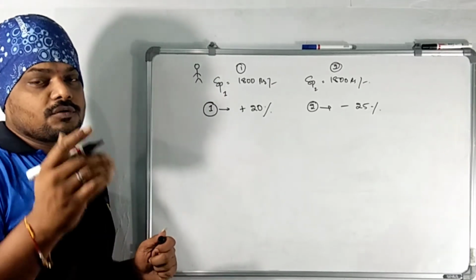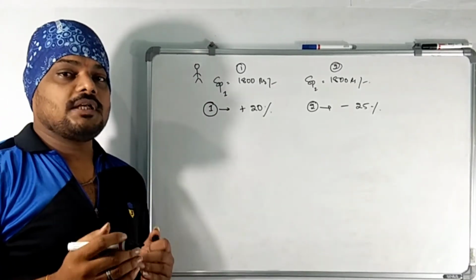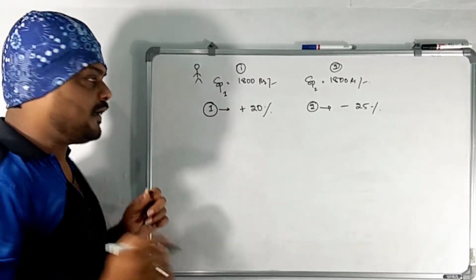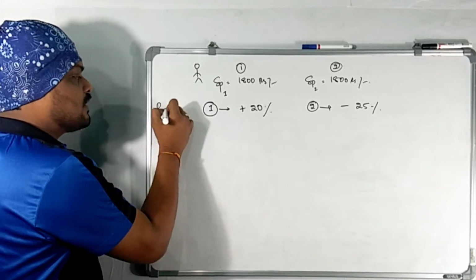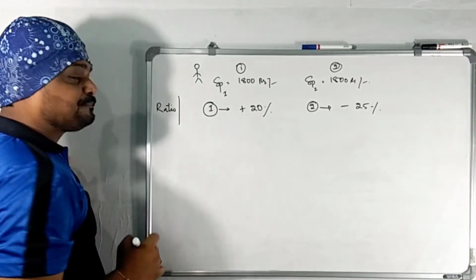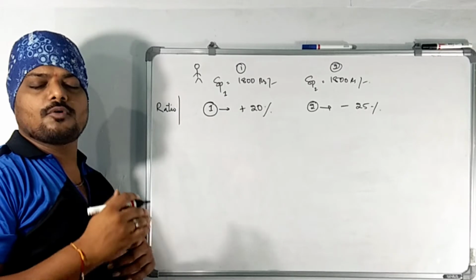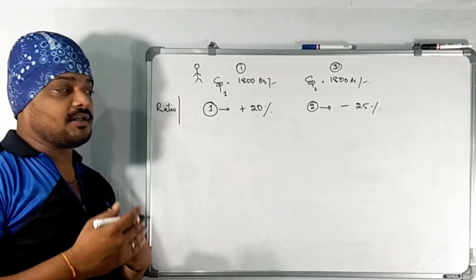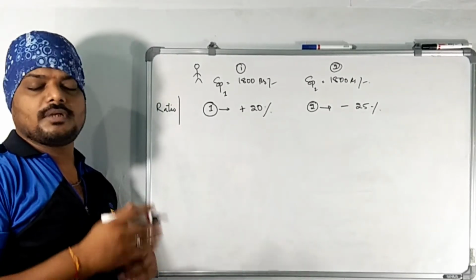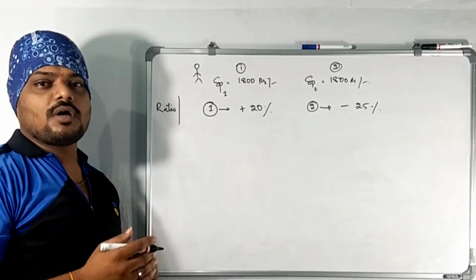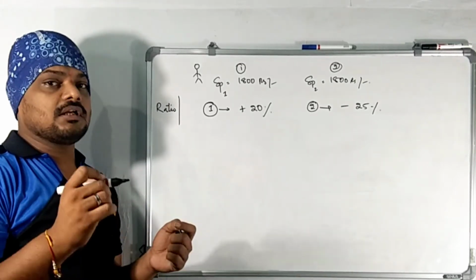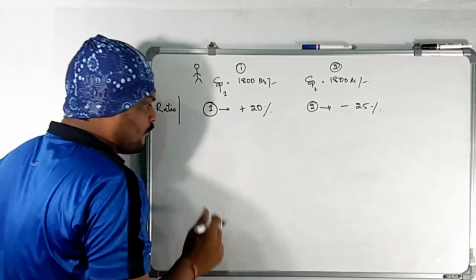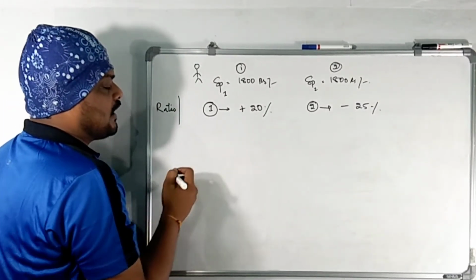Pause the video. First of all, you try to solve every type of question in your own way. Here I am trying to solve this question in my way, which is the ratio method. Ratio method is the best method. I am already telling you that the ratio method is the perfect method for each and every type of question. So try to solve questions only with the ratio method. Let us try to understand the conditions of the question.